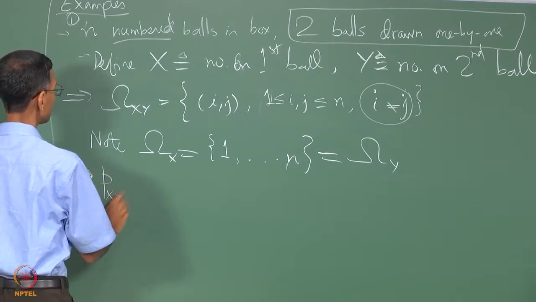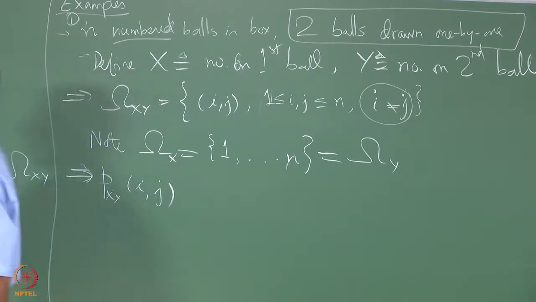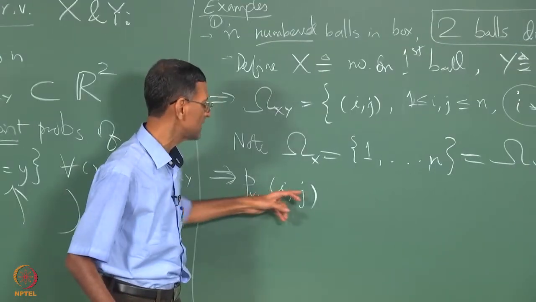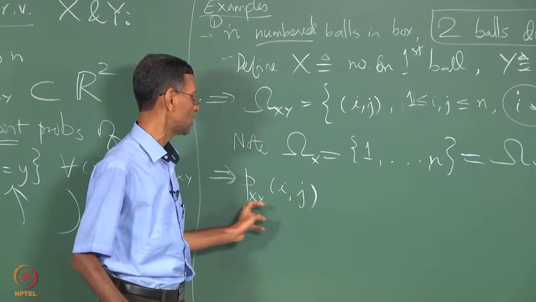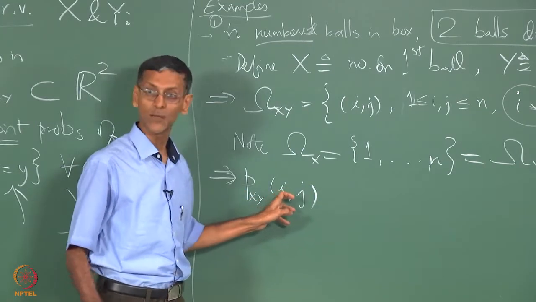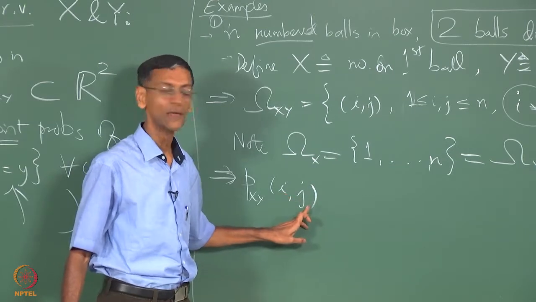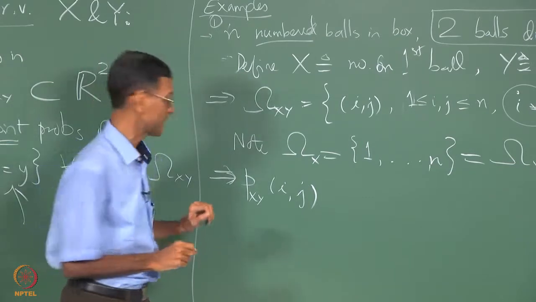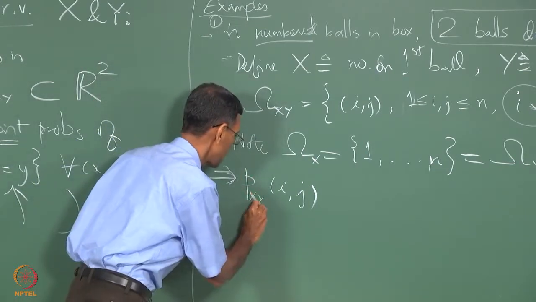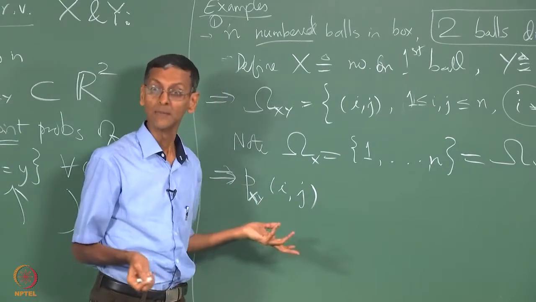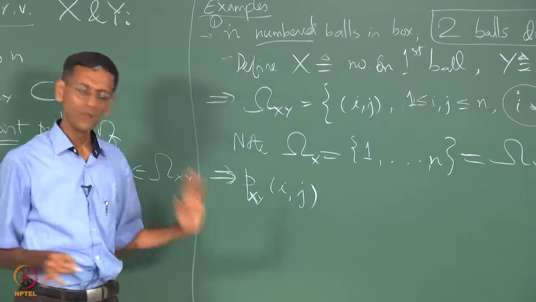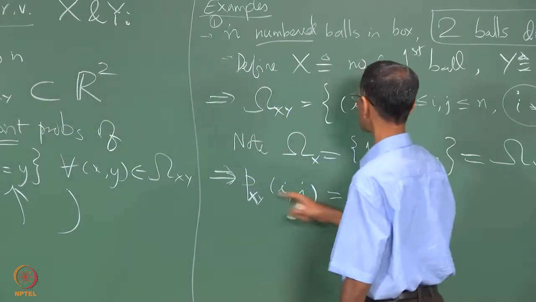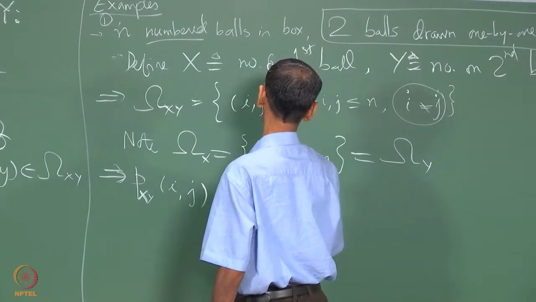Which implies pxy of i comma j. Now I do not have to necessarily use xy. Remember the convention is that the values the random variables take are written in the order of the subscripts. So if you write pxy, the first one is going to be for x and the second one for y. That makes no sense to write pxx. So it is pxy. If you want to write pyx, that's fine, but make sure that you do the arguments appropriately. So it turns out that pxy of i, j is 1 by n into n minus 1